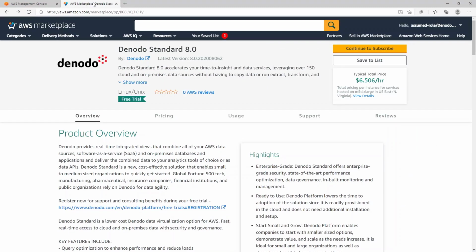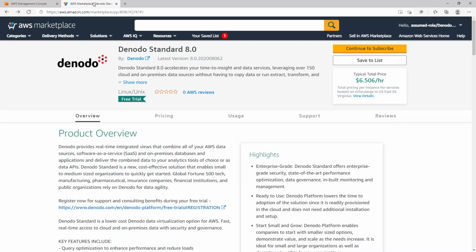To get started, you need first to make sure you fulfill the required prerequisites. That is, you must have an AWS account. You are responsible for operating your own AWS account. You can launch the Denodo Standard in that AWS account. You will need a valid key pair in order to launch the Denodo Solution Manager Standard instance. If you don't have one, or you want to create a new one, you can check how to do it in the link to the Amazon documentation provided by this Denodo manual. During the setup process, you will also need to choose the Virtual Private Cloud, VPC hereinafter, and subnet where you want the Denodo Solution Manager to be installed.